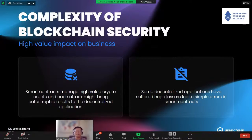And then there's another one. That's the fifth one, the high value impact on business. So it's interesting. Sometimes 200 lines of code, 300 lines of code can be a bank itself already. So each line of smart contract code can have a large value affiliated with it. It's just like the one we mentioned. That one line of code defect actually caused the loss of $150 million of assets. Yeah, and we have seen cases where just a simple error in a smart contract caused a project to fail. So these are the complexity of